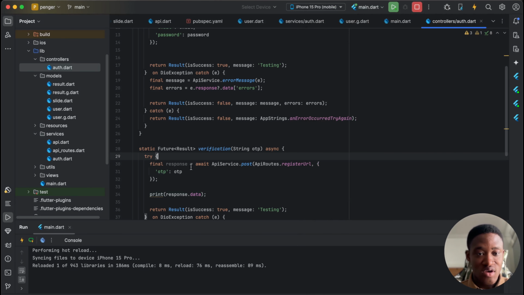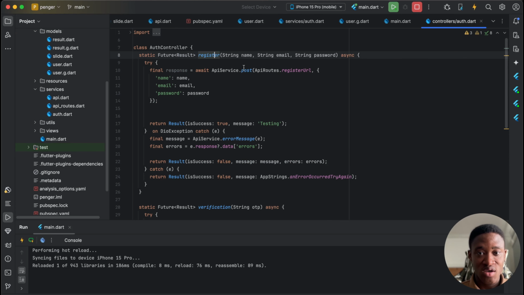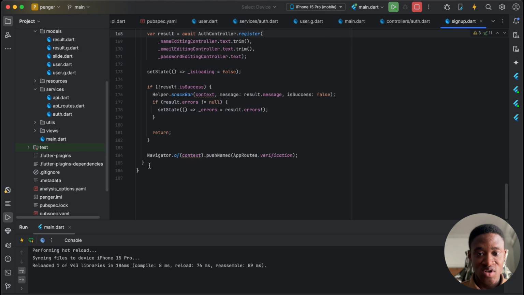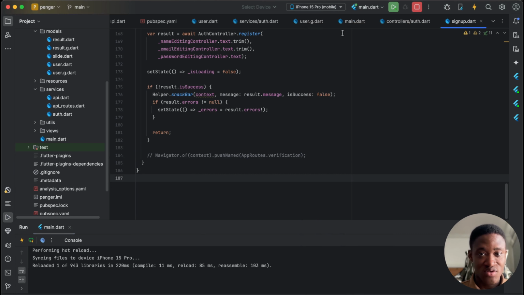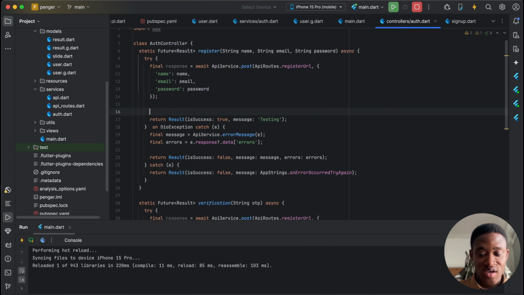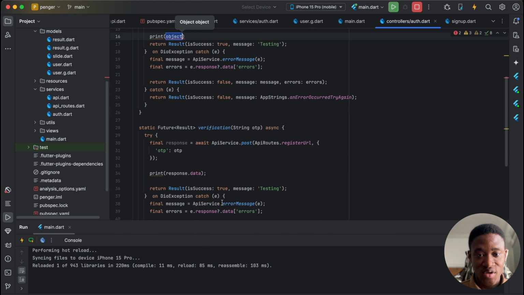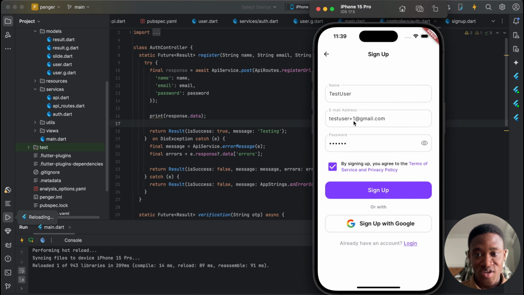Okay, and then we want to make one quick thing before we test this. So here we head over to this. When the user successfully logs in, for now we don't want to navigate them to verification. All right, so then I head over to the controllers here, and then I want to print. Oh, I placed the print in the verification. It should be here. Okay, so this is the registration. So when they register,